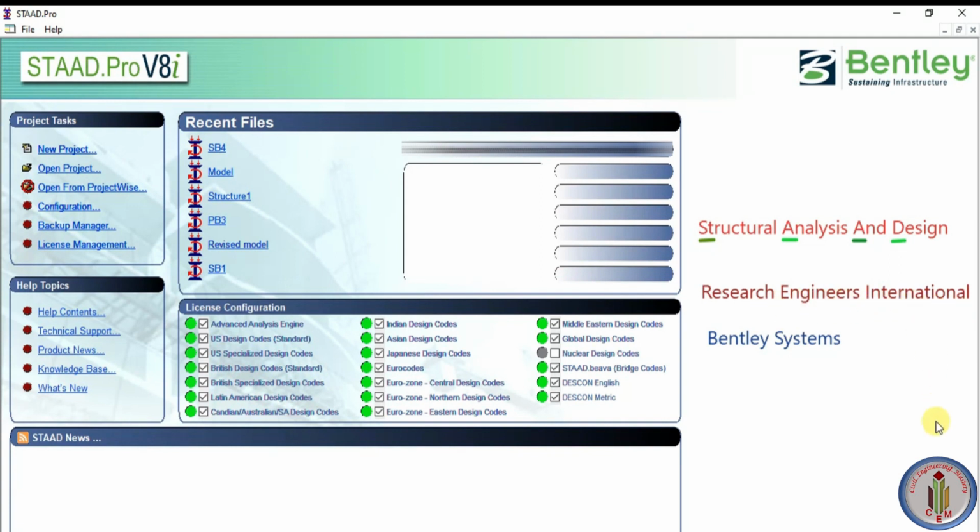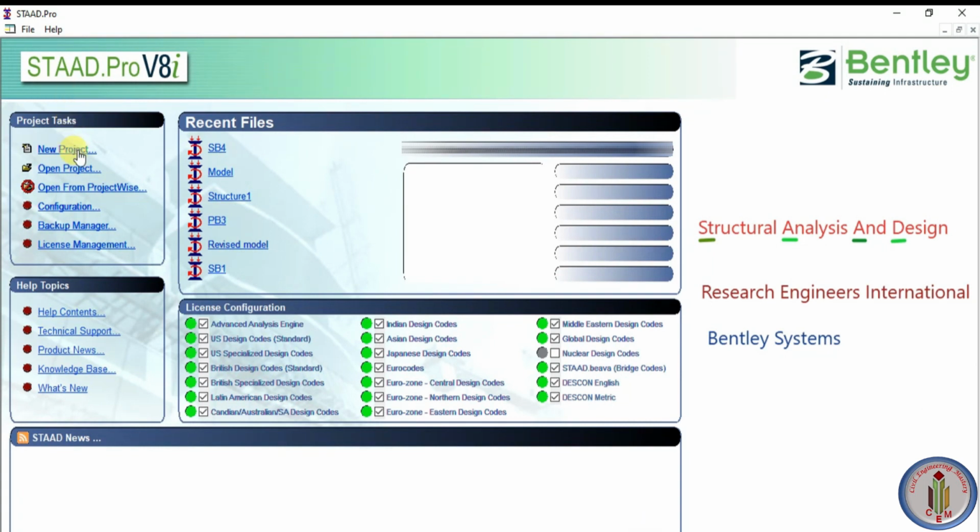So this software is used worldwide. It supports over 90 international steel, concrete, timber and aluminium design codes. It can be used to analyze the structures of buildings, tunnels, bridges, towers and metro stations, wastewater treatment plants and so on.